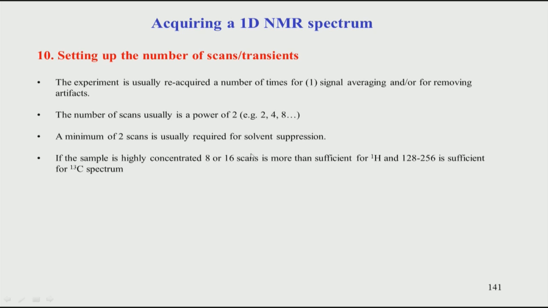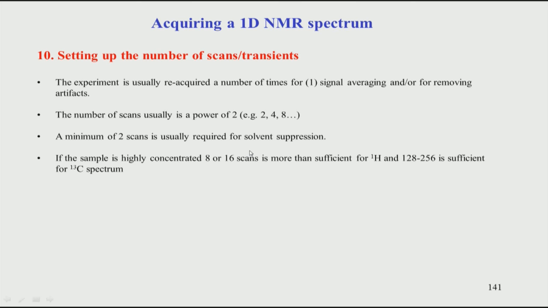Again, from a practical standpoint, in organic chemistry and in the standard biomolecular peptides which we record, typically about 8 to 16 scans are given. But again remember, this is for a sample concentration of around 1 millimolar or more. We can record good data with 8 or 16 scans.